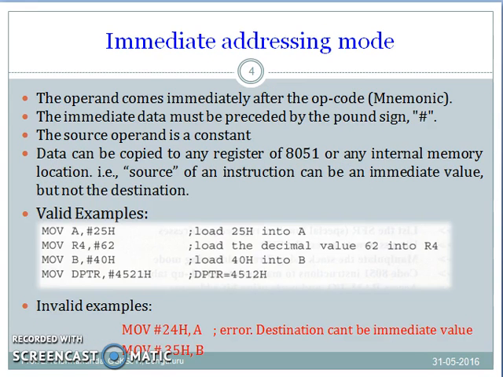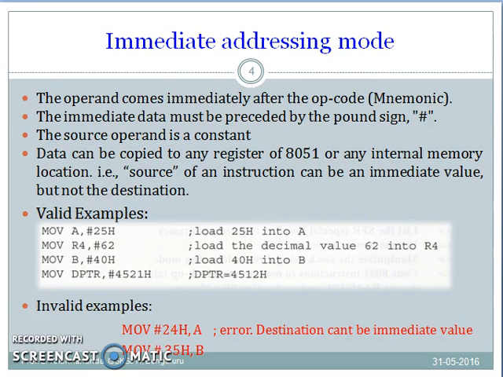Let us come to the first one, the immediate addressing mode. In the immediate addressing mode, the operand or the data is given along with the instruction itself, and to indicate that it is data, we precede the data with the pound sign or the hash symbol. That means the source operand in this instruction is a constant. The major advantage of this addressing mode is that whenever we know the value of an operand, we can give it